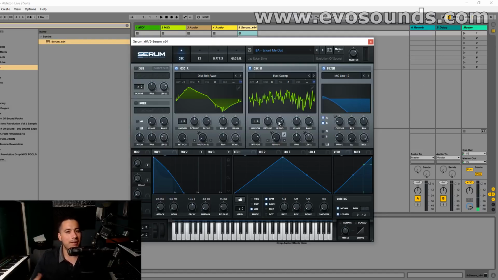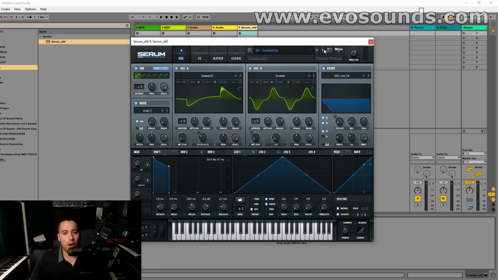Now, the cool thing about every sound is that there's going to be some modules which you can play with to kind of change it up a bit. So this is going to be one of my favorite bass lines for the future bounce genre. Now, if we keep going, we're also going to have